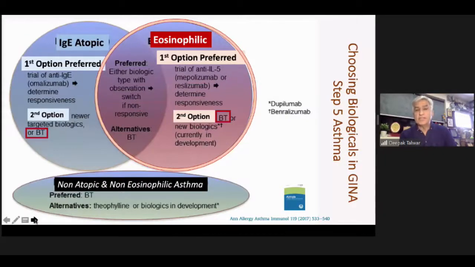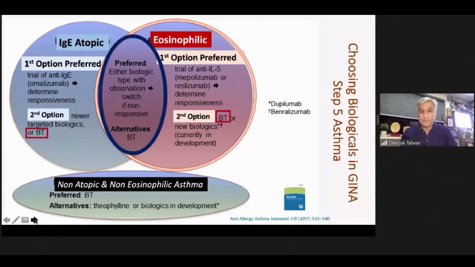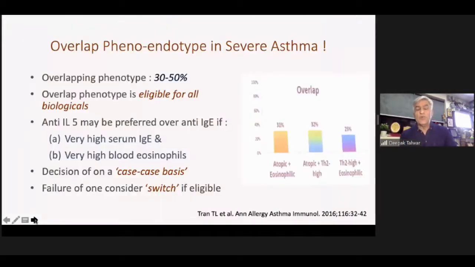If we look at the literature, what is recommended in this overlap group, because this overlap group is common across the world, they have very clearly mentioned you can use either biologic type and observe these patients, and if non-responsive, you have a choice to switch to the one which you have not used before. So this overlapping phenotype, which is nearly 30 to 50% in the various populations across the world, is the group which is eligible for all kinds of biologicals, that is the anti-IgE as well as